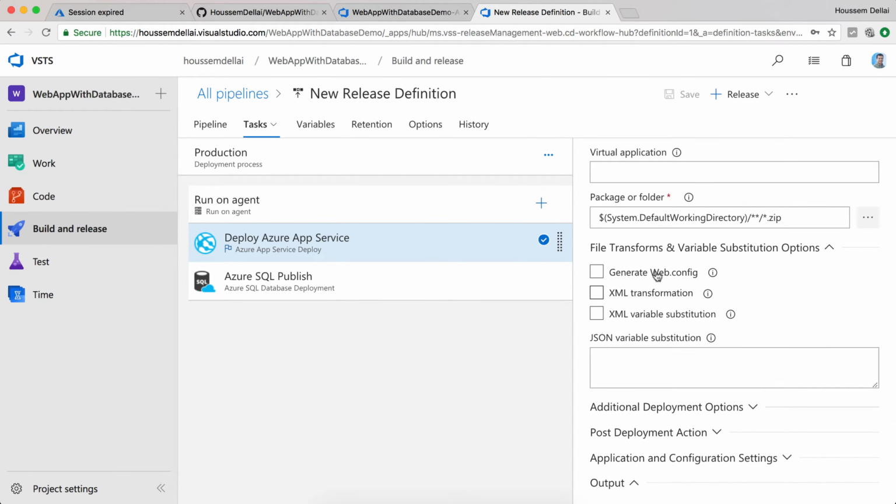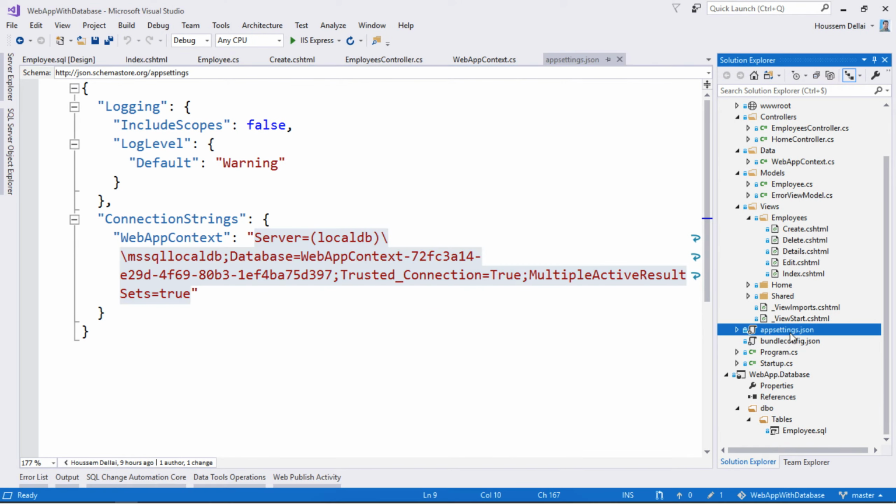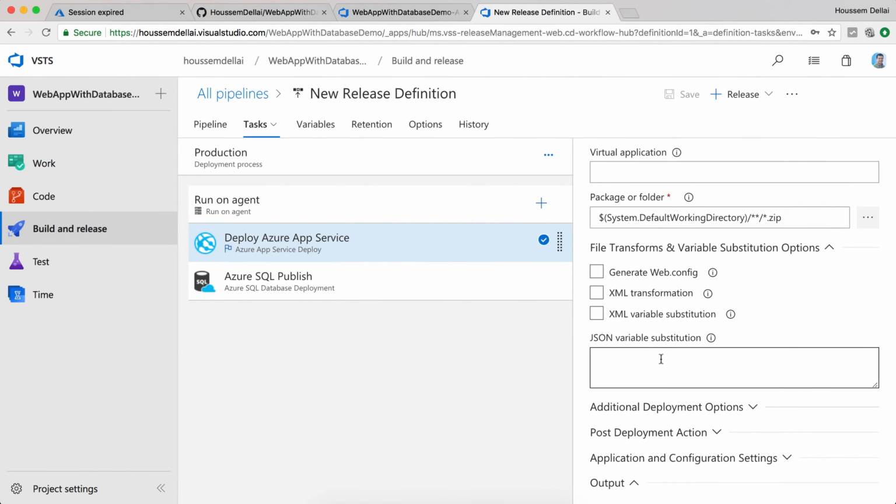Here we can use XML files or the web.config file which exists in ASP.NET applications that are based on the .NET Framework, not .NET Core. But because I'm using .NET Core, it uses the appsettings file that we were looking at here, this one here. So to update values from that JSON file, I use this option to